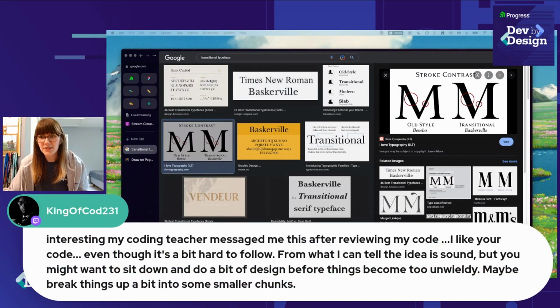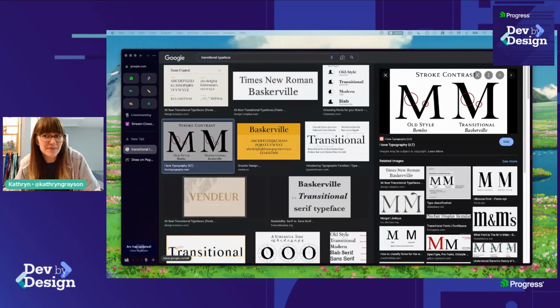From King Code. Interesting, my coding teacher messaged me this after reviewing my code. I like your code, even though it's a bit hard to follow. Thanks. From what I could tell, the idea sounds like you want to sit down and do a bit of design before things become unwieldy. I'm not actually sure what this is in reference to. So, King of COD. I get the feeling this is